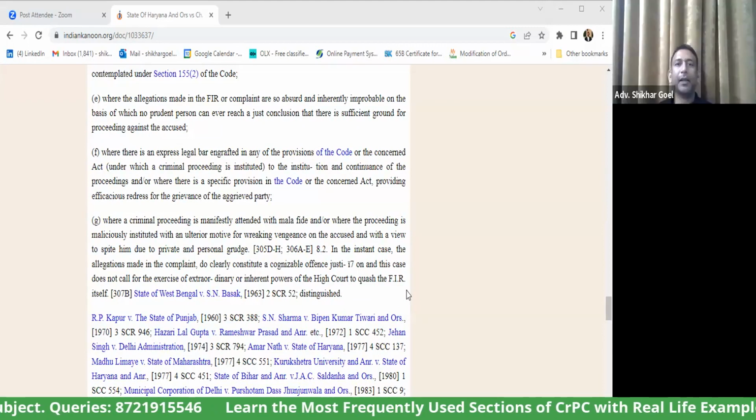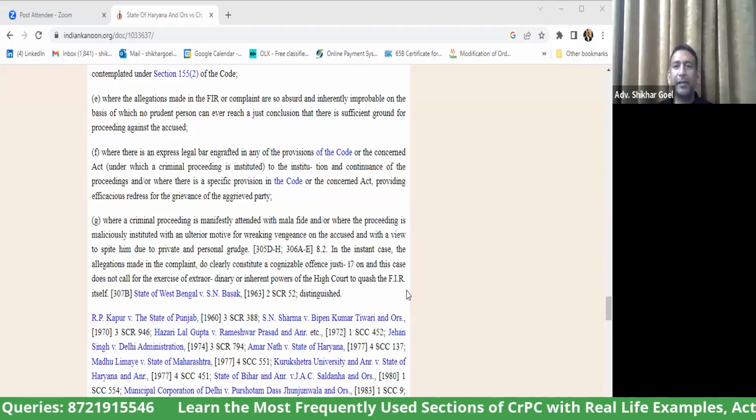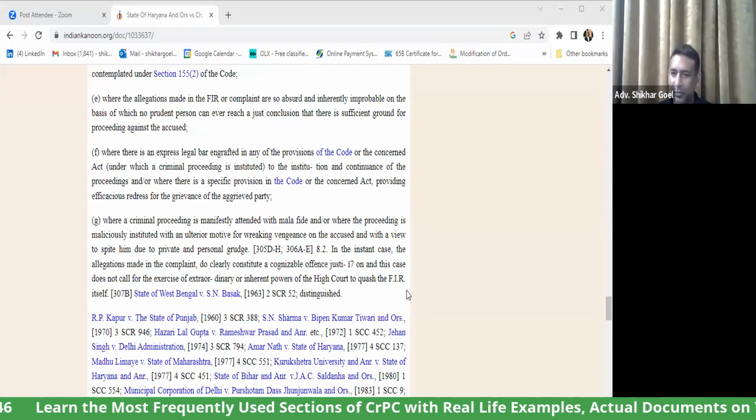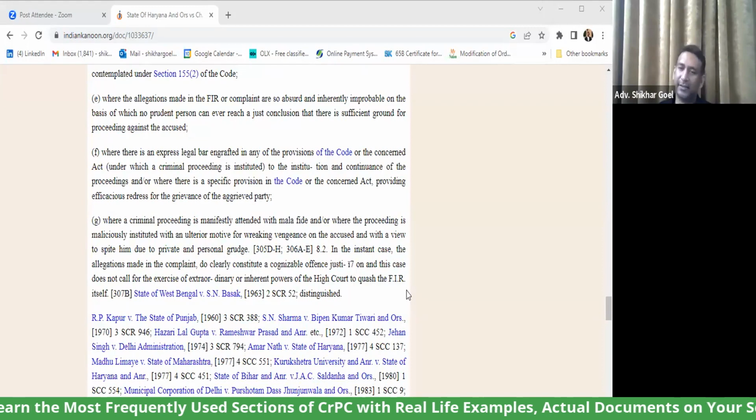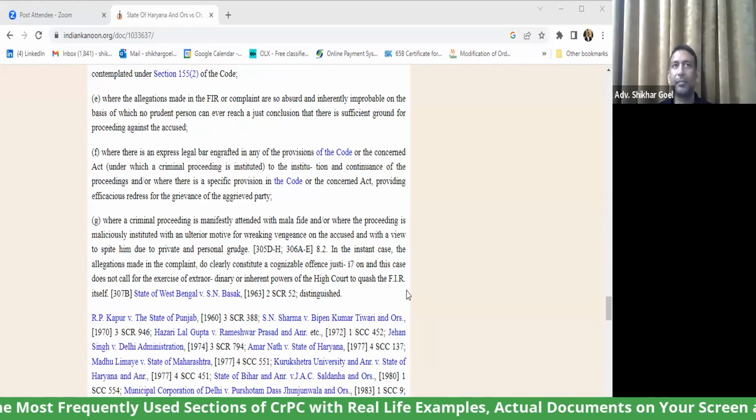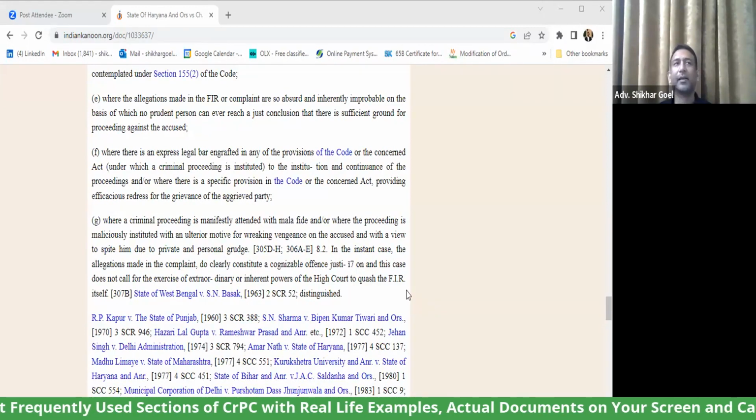E, where the allegations made in the FIR or complaint are so absurd and inherently improbable on the basis of which no prudent person can ever reach a just conclusion that there is sufficient ground for proceeding against the accused. तो पूरी की पूरी FIR, allegations in the FIR are so absurd और improbable कि आप उसको पढ़ोगे, सुनोगे, आप विश्वास नहीं कर सकते हो. ठीक है? Maybe a classic example would be कि